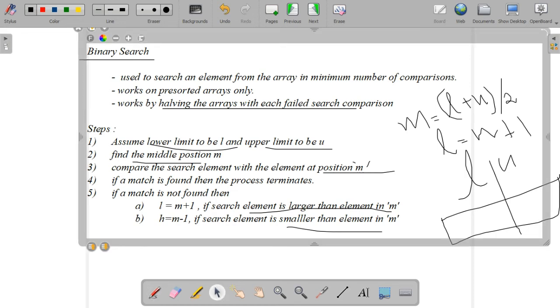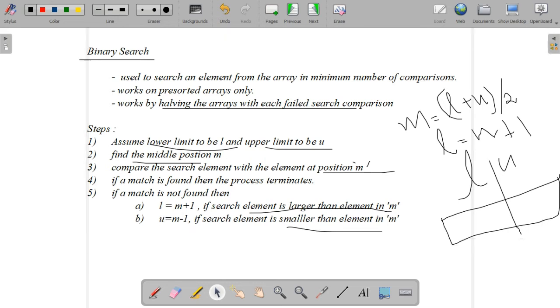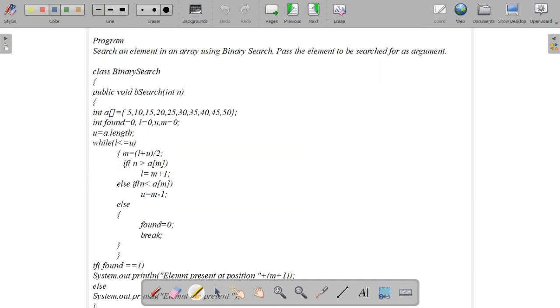If it is smaller, then the upper limit U is set to M minus 1. So using these two formulas, it will continue searching till the element is found. These are the steps included in binary search.